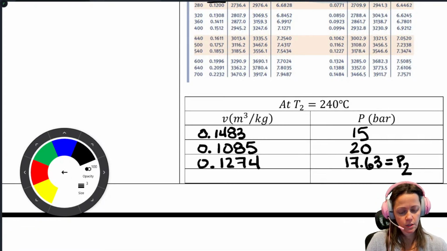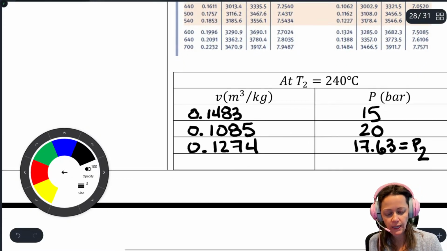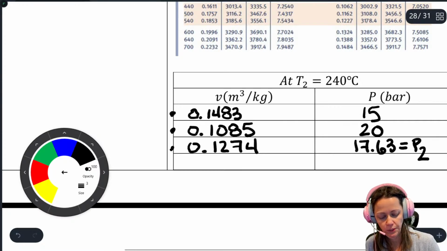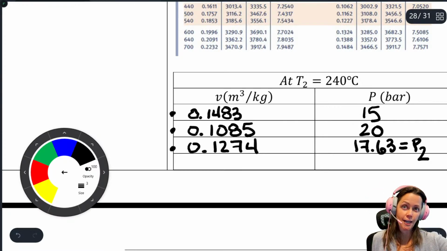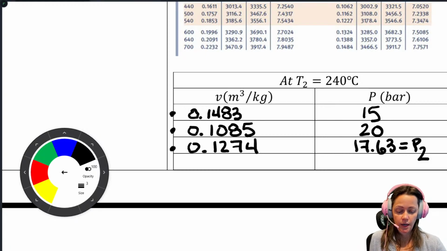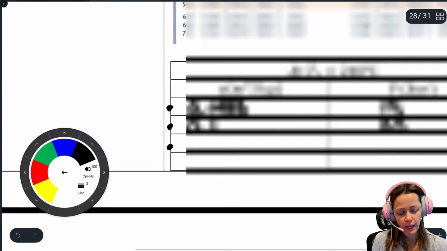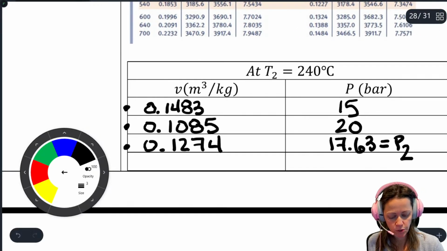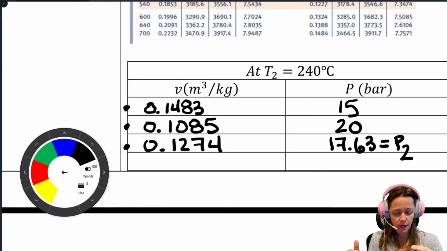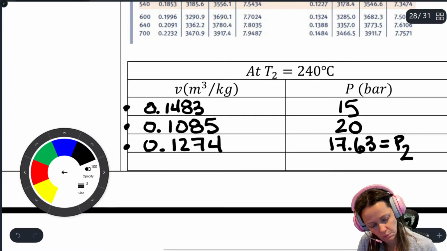So remember, you're looking at each of these as data points, and you're saying that the line that connects them is linear. There's a linear relationship between each of those things. So if you were to draw a line between all three of them, or just between two, those lines would have the same slope. And so what you'll do is say the slope between the bottom one and the top one, that would be your delta y,